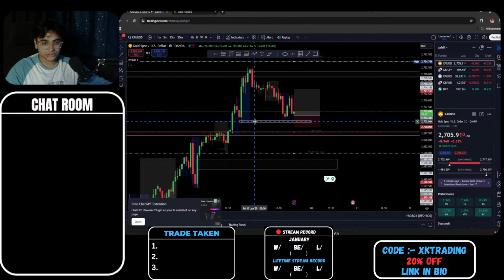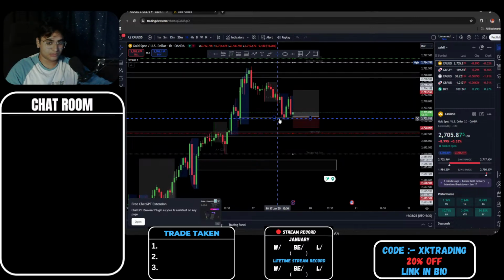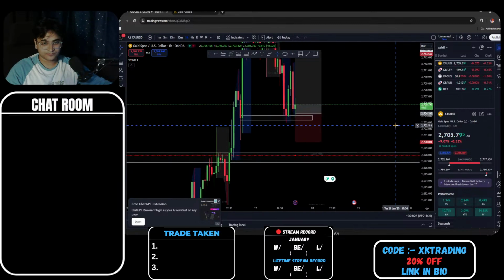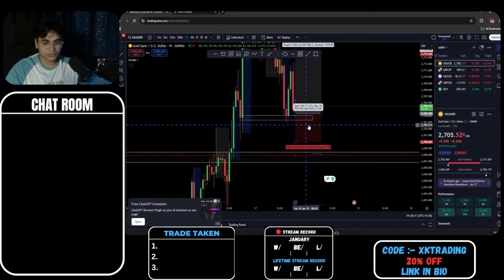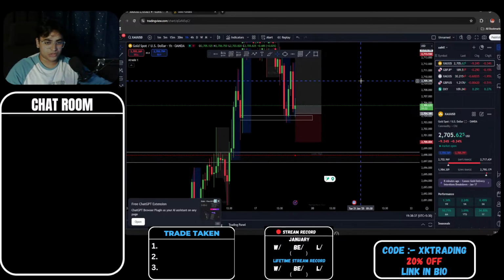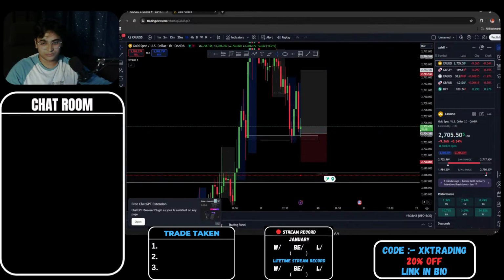But looking at this structure and this zone, there's a high probability we do not enter that zone, and we just keep moving up, to be honest. But yeah, once we break this low, there's enough room for price for our candle to move around and move up. I think that's my trade idea for today, basically.